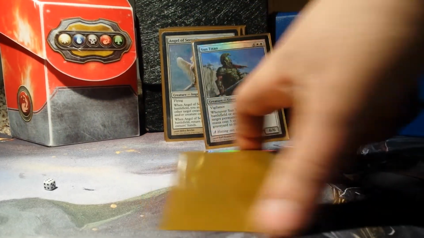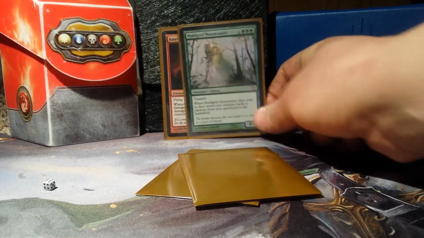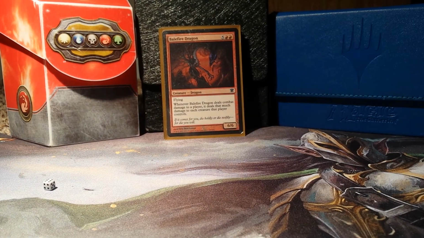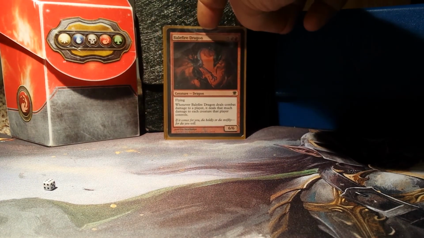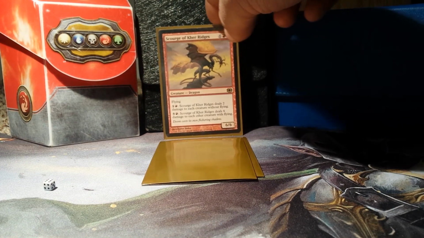This is the recursion kind of creature package. Got Sun Titan, Angel of Serenity, and Mold Graph Monstrosity. Let you play creatures back out of your graveyard and get them back. Got a bunch of removal creatures. Balefire Dragon, Soul of Shandalar, which I actually quite like. Scourge of Kher Ridges,